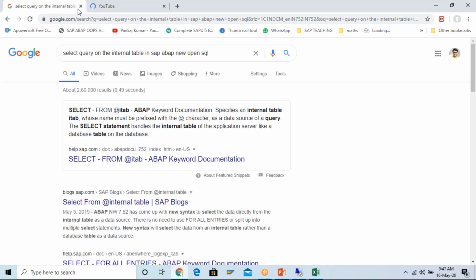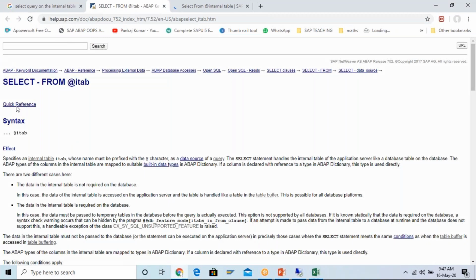Select from itab is in the ABAP keyword documentation, it is there. You can see 7.52 here, and some blog is also there. So this is a better place.